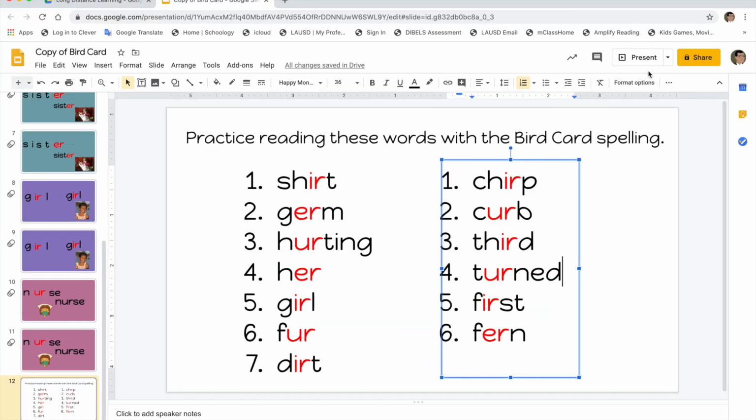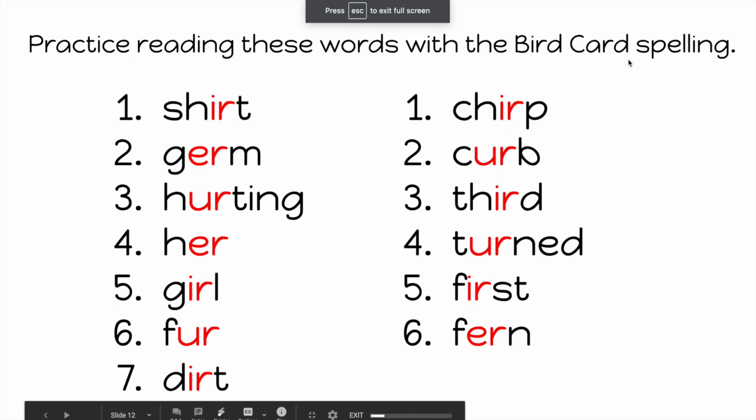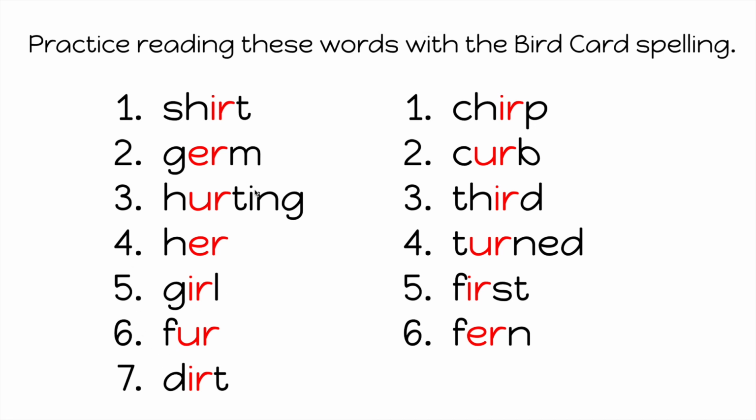Let's go ahead and review yesterday's spelling words. We read these yesterday, so we should be able to read them more fluently today. So, ready and shirt, germ, hurting, her, girl, fur,